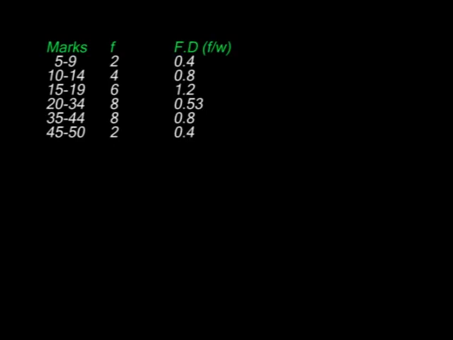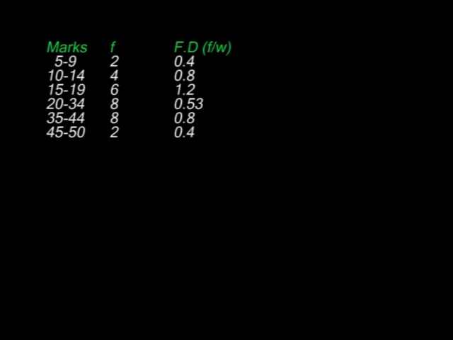Now that would mean the bars would have varying width. For example, consider this frequency distribution table. We have classes there. For example, the first class is 5 to 9, next is 10 to 14, 15 to 19. Now from the fourth class you realize we are moving from 20 to 34. So obviously the class interval there is 15. The first three were 5, and then we move from 35 to 44, and that should be an interval of 10. The last one, 45 to 50, we have an interval of 5 there. So you can imagine the bars must have different widths.